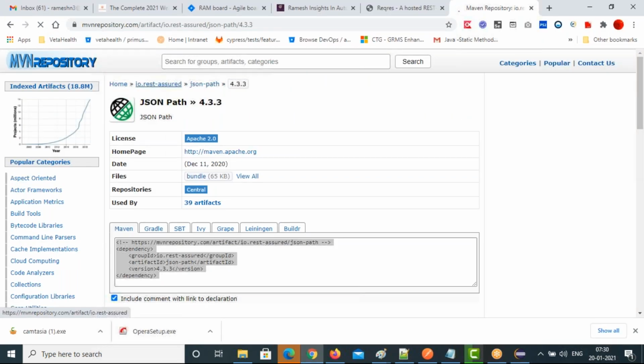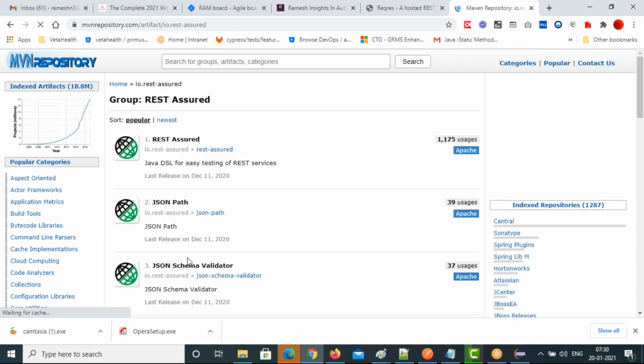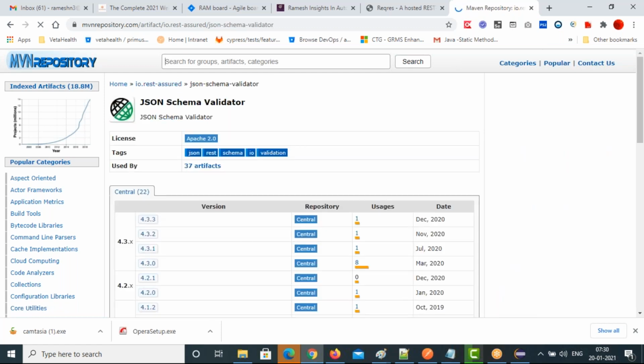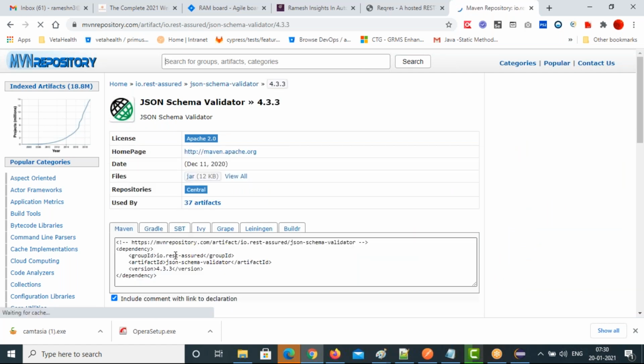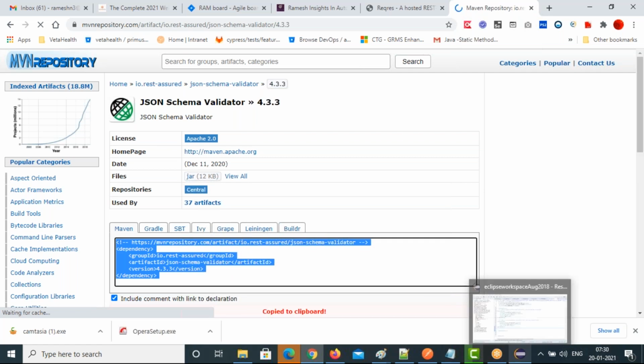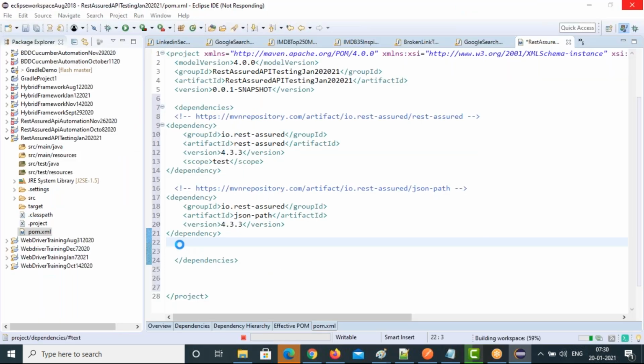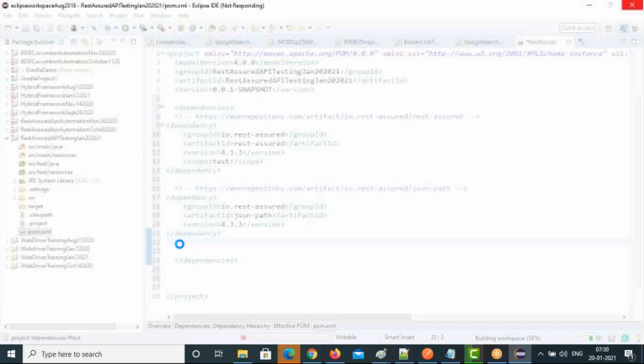After pasting, press Control S and it will download. Next, JSON schema validator. Select 4.3.3, copy this and paste it.